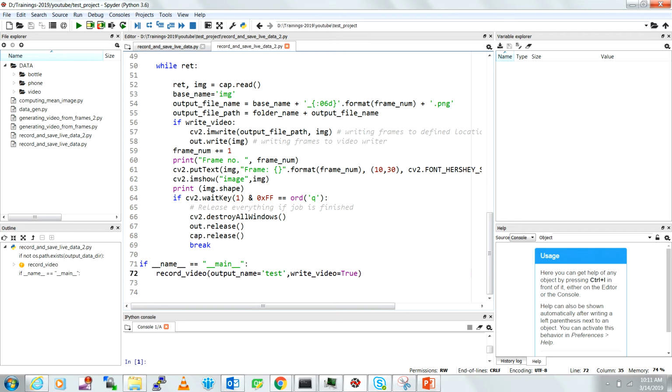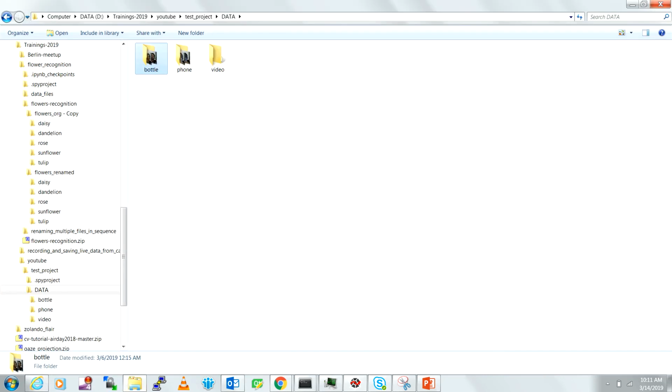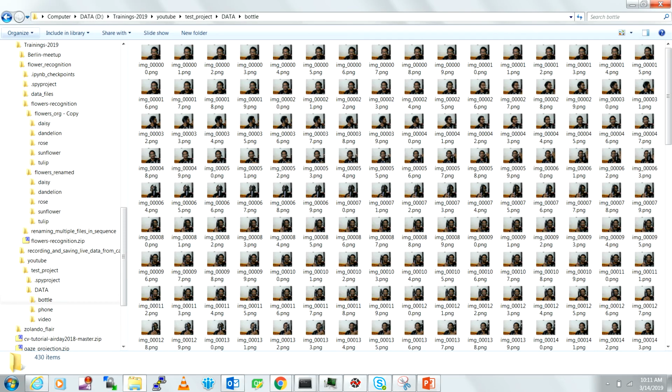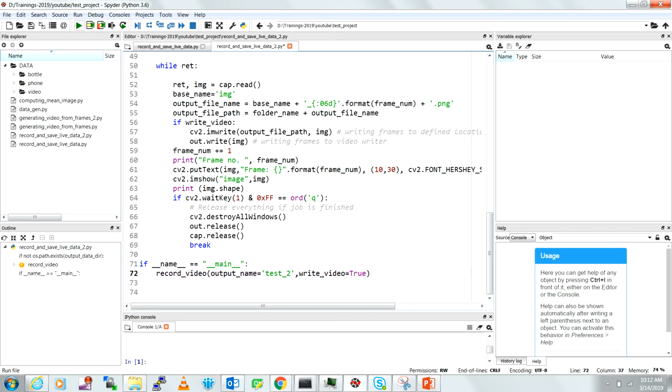So let's say I want to give test2, and this is a flag to enable the writing of the video and the frames. If you don't use it, then it will just display the frames, it won't write them. So now when we call this function, unlike previously where it just wrote the frames in a directory, it will write the frames as well as save those frames as a video file. So let me call this directly,